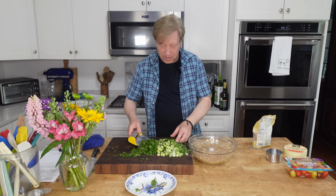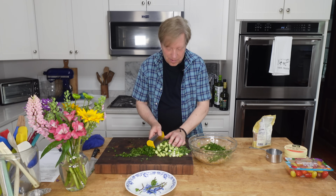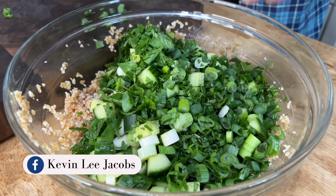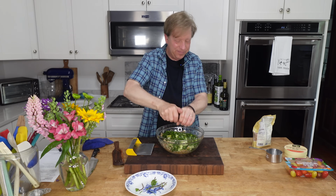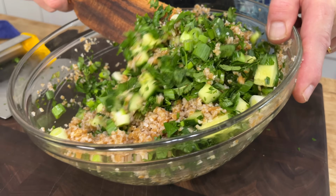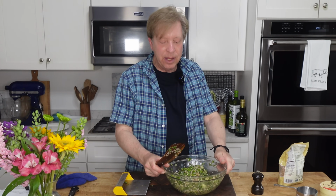So now we can add our veggies and herbs to the bulgur. Add some black pepper. And just mix everything together. There are so many other ingredients that you could add to this, but this is just the way I make the salad. And then I will garnish it with some